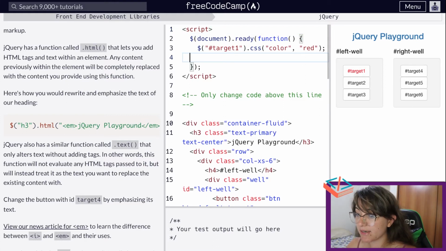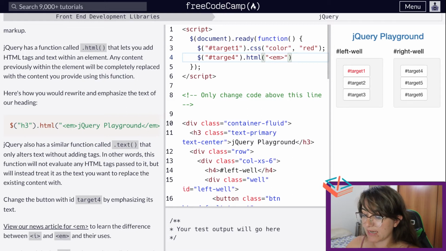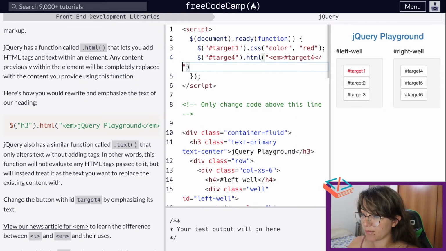So in here, we're gonna use a $, and here we wanna change specifically the target4 button, so hash target4, .html, and here we're gonna say what the message is. So I'm gonna open up the em tag, I'm gonna say hash target4, and then I'm gonna close the em